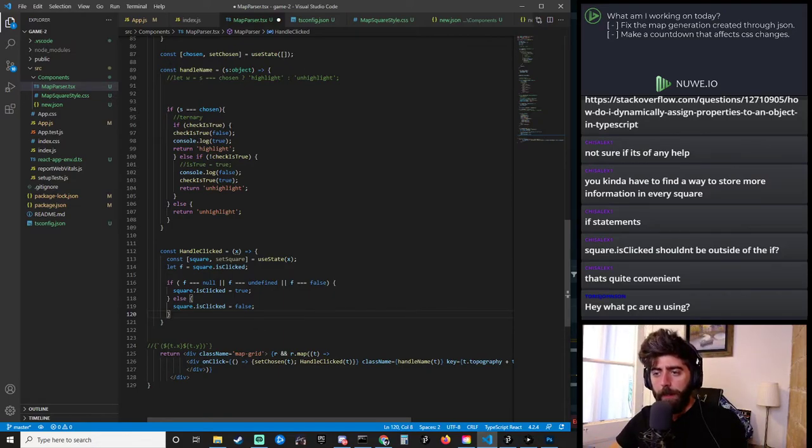Right, so now we've set a value to a key that we're creating inside the